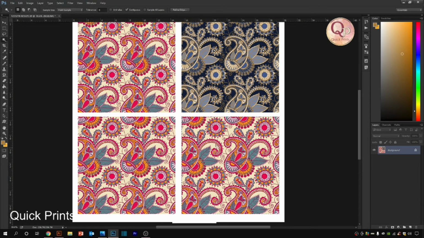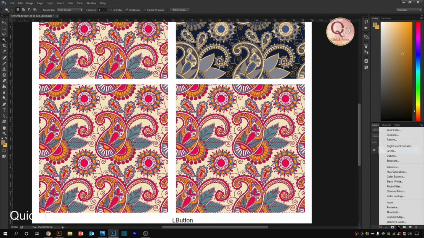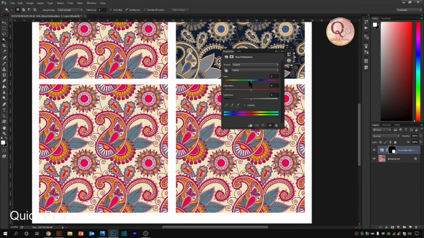Selected with the magic wand, I have selected the final area. Now the colors I'm doing from here, hue saturation. Here you can change the hues of color. You can reduce or increase the saturation like this. It's up to you how you want to change. I'm just telling you the way of changing colors. There are so many other ways, but these are some ways which you can follow. Rest up to you.